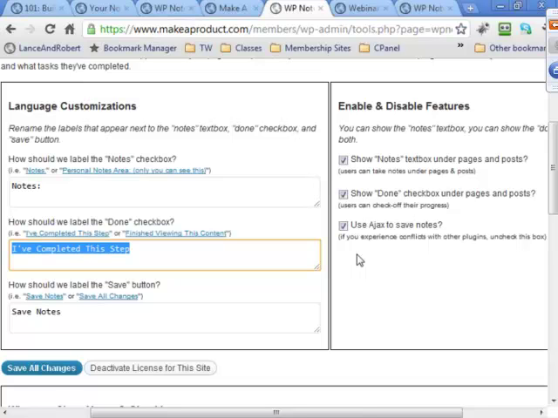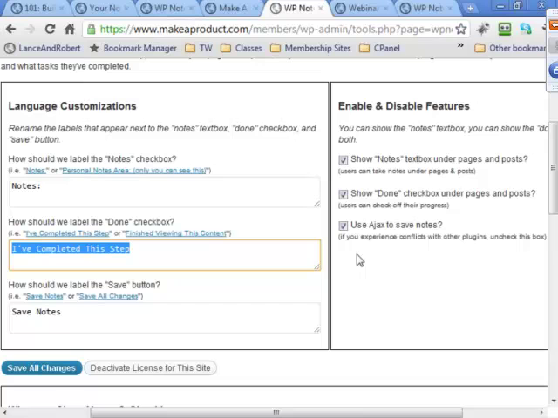But what this does is, since it autosaves, you can be watching a video, you can be half an hour into the video and be typing in notes and saving those notes, and the video will still continue playing just fine. Yeah, and that's huge because that frustrates me to no end, especially on sites where I'm leaving comments, like you said. So I'm watching, I'm like, this is awesome.